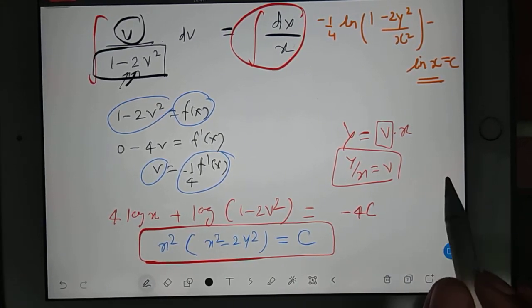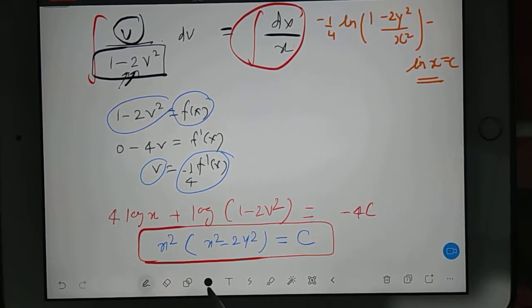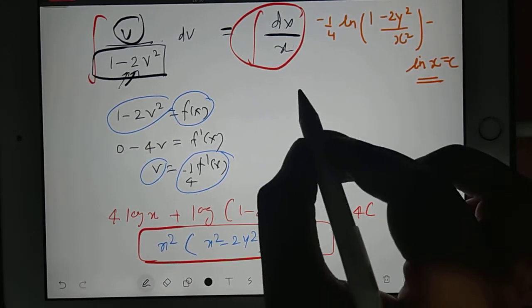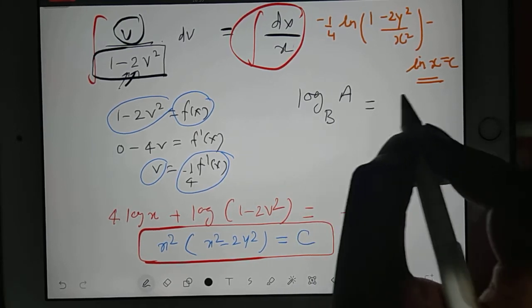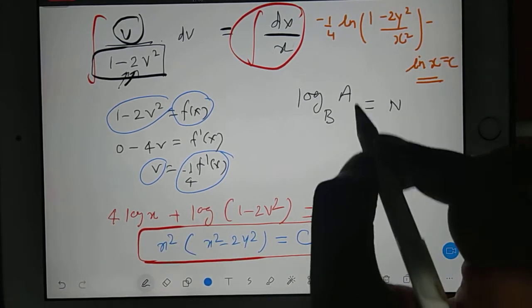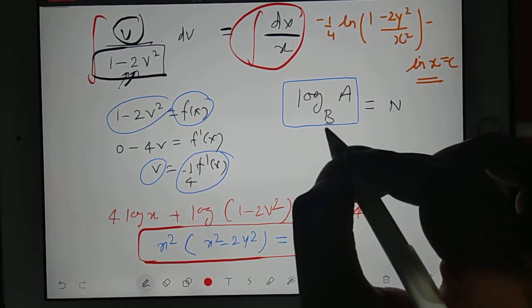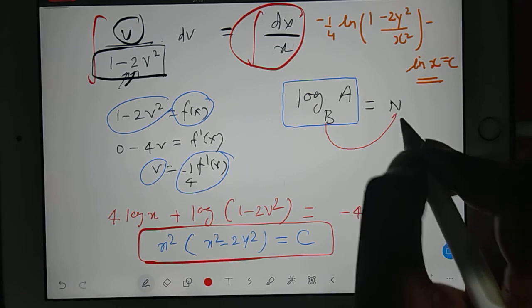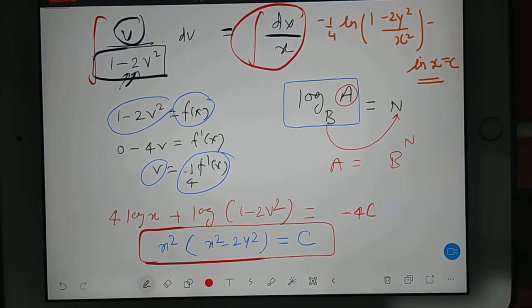And one more change I should explain here. Sometimes students get confused. That change I will explain here. See, that is actually a log property. Whenever you have log a with base b, and this is giving you any answer n, this total property I can convert into exponential form. How? This b will go this side and it will take n as the index, and that will be the value for a, meaning a is equal to b power n.